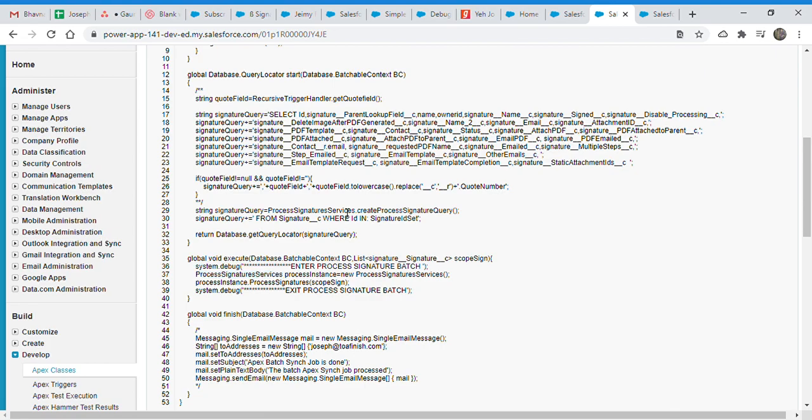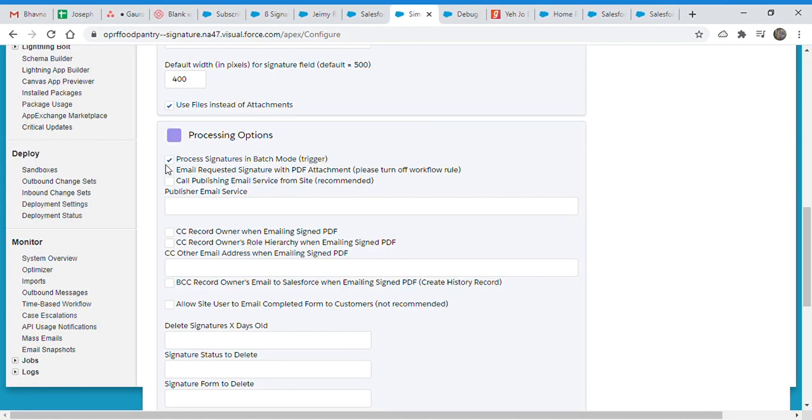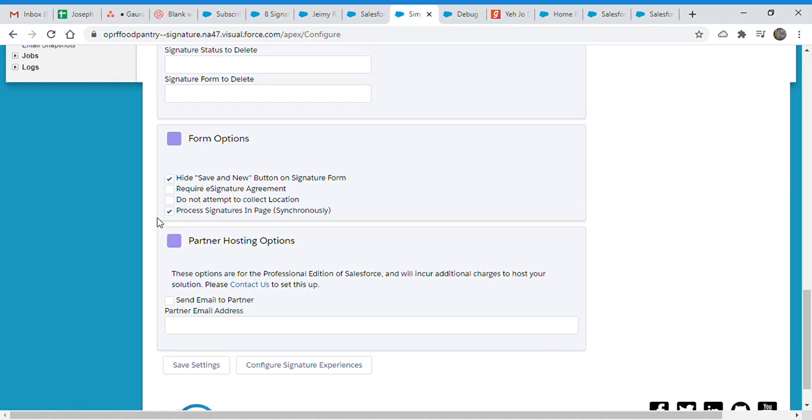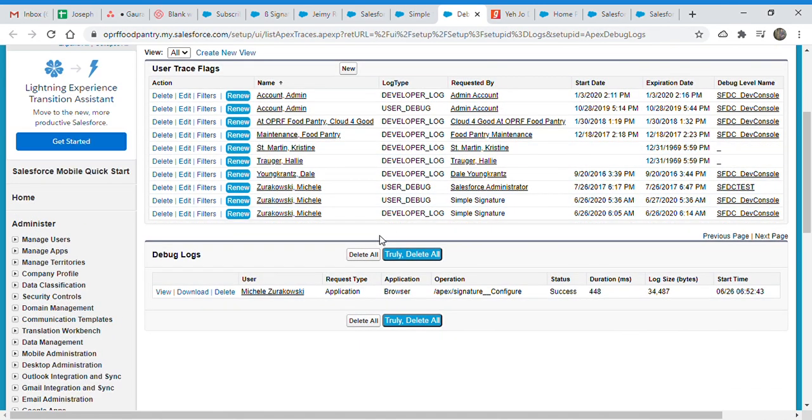So you see this method is called here in the execute to process. This is the batch, and if we enable the batch, we don't have to do anything. Just come here and disable the process signature in page. I'm just doing this testing and showing how it will work.